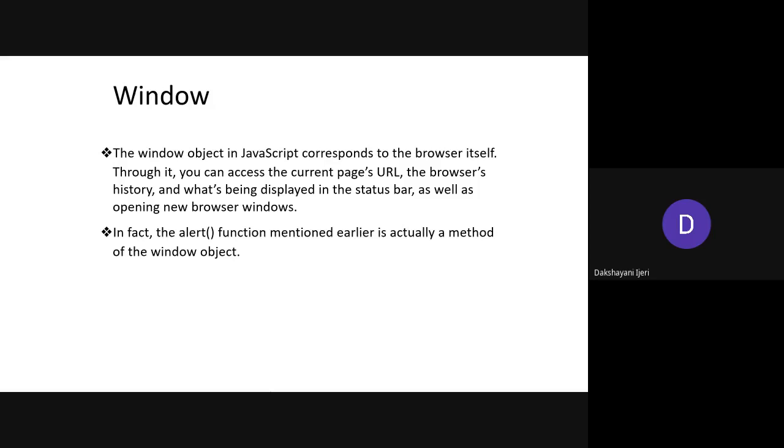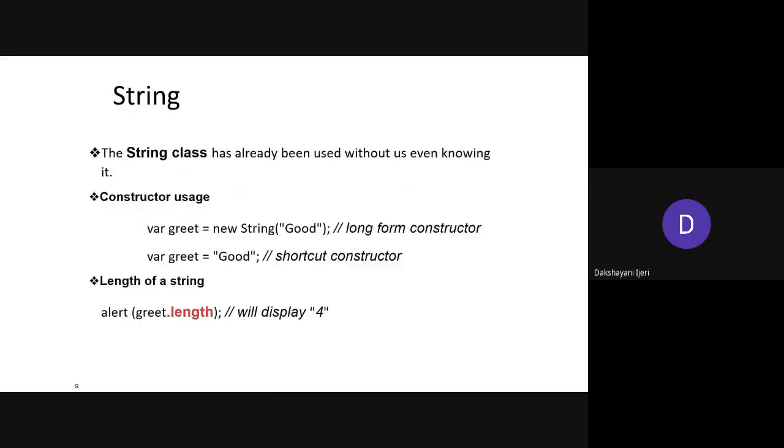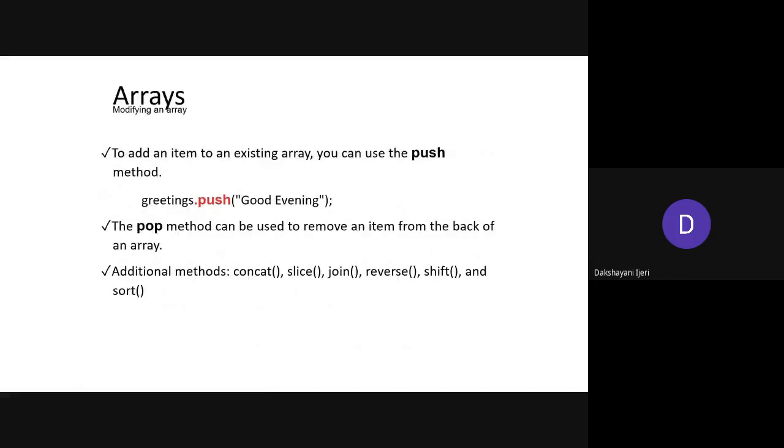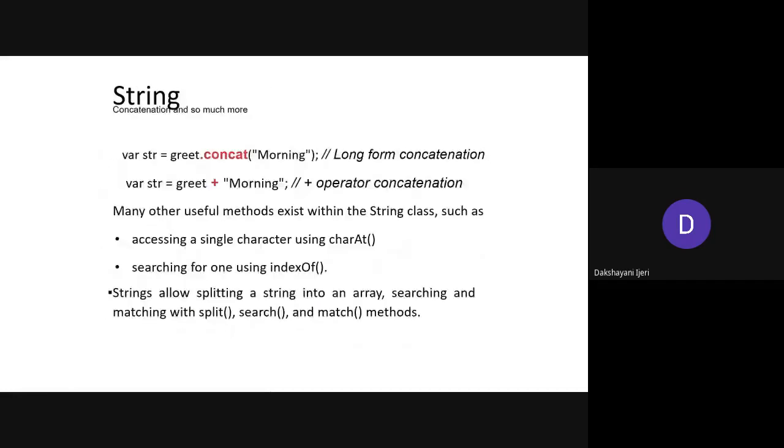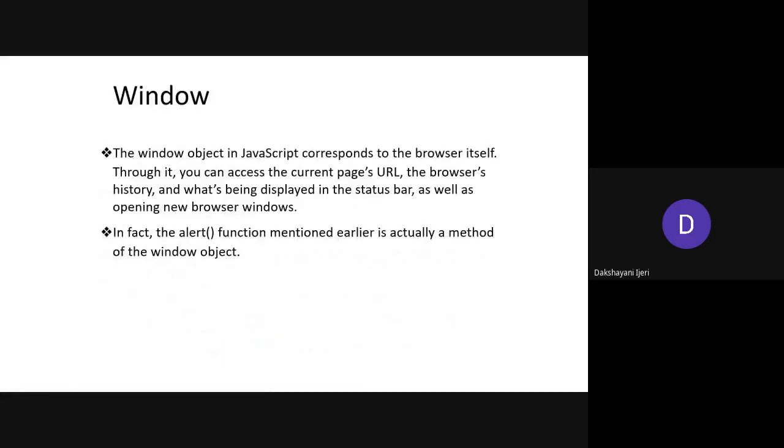Okay. So I hope what I have discussed very briefly is clear to you people. Is there any case that you have not understood, right from the arrays, math, string, and the date? Quickly I have brushed up. So if you have not understood at any point, please let me know so that I can discuss it once again. Okay. So assuming that you have understood, I am going to move further over here.